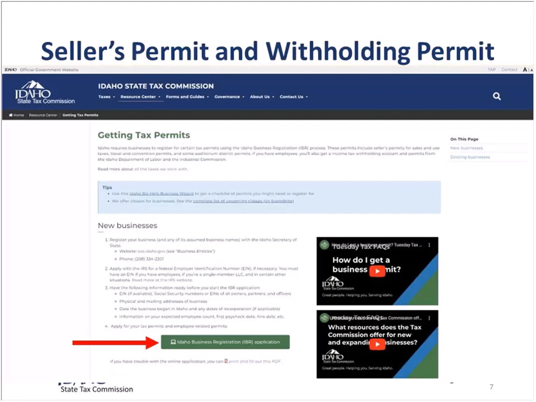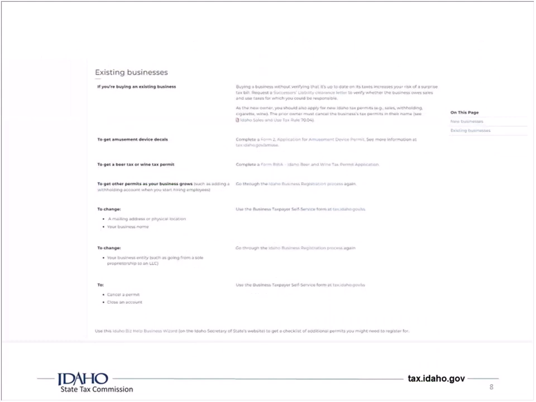There's also information if you scroll down this page about existing businesses. So if you've already set up your business as a self-employed business and you didn't have employees, and now it's going really well, so you're like, I need to get employees, which means I need to get a withholding permit to do that, which means I need to come in here and fill out the form again to get a withholding permit. You can't edit one that's already been created, you'll just create a new one. And this kind of walks you through how to do that. Okay?